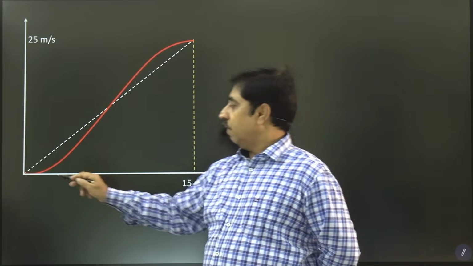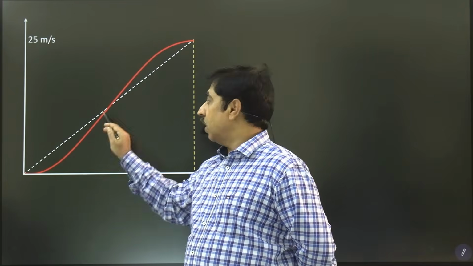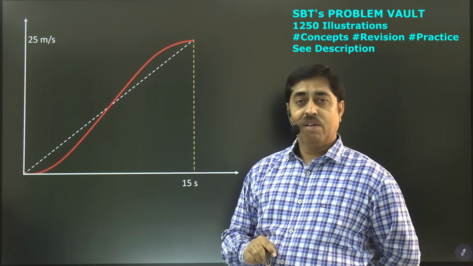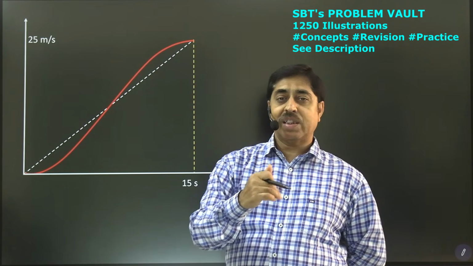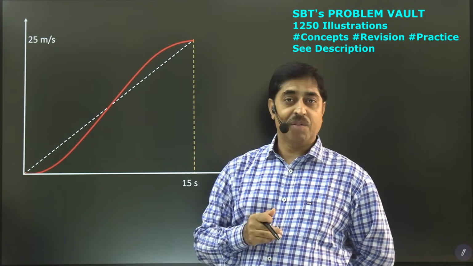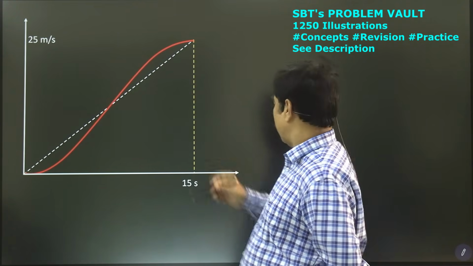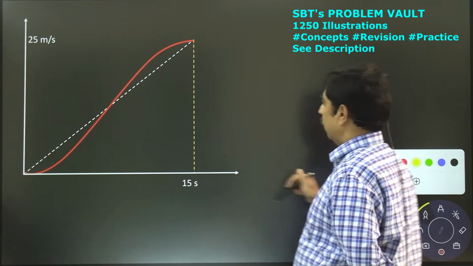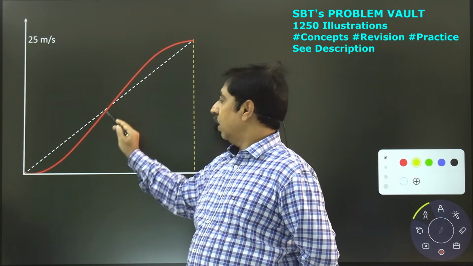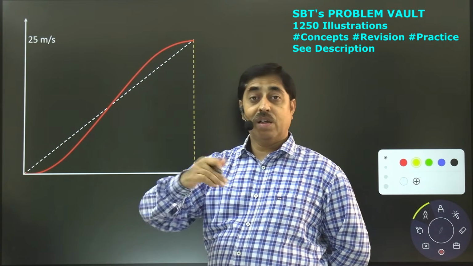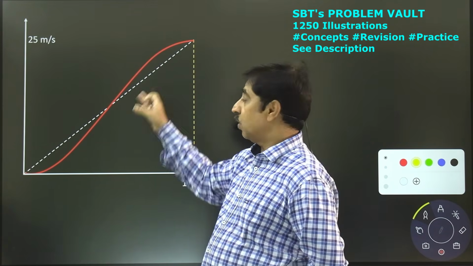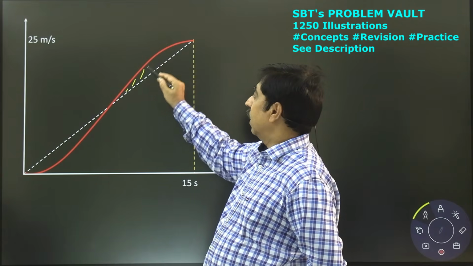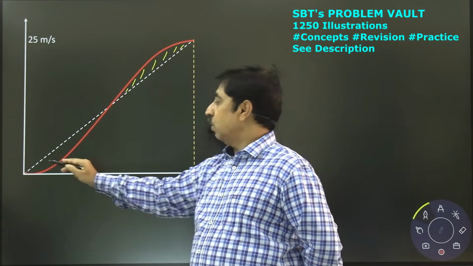And if you imagine a line passing through origin and midpoint of the curve, a line like this dotted line, then the curve is exactly symmetrical about this line, which means this part of the curve and this part of the curve, they are symmetrical about this dotted line, which simply means this area is equal to this area,